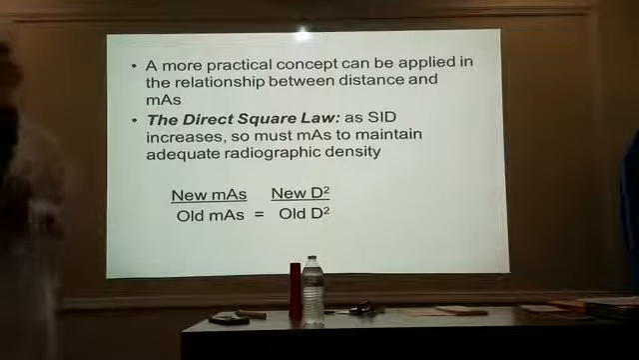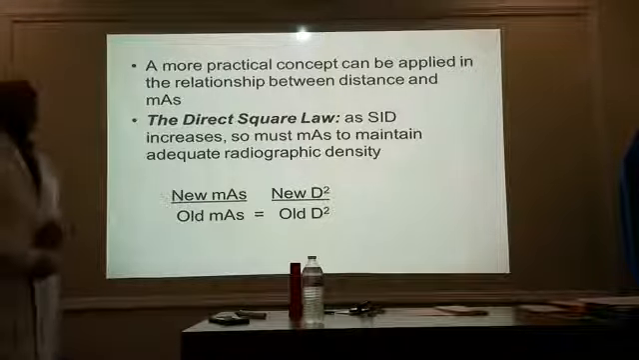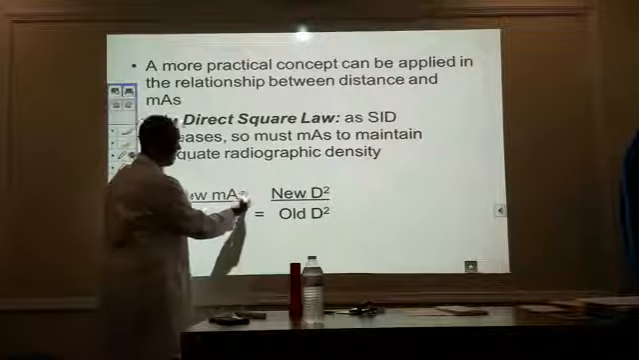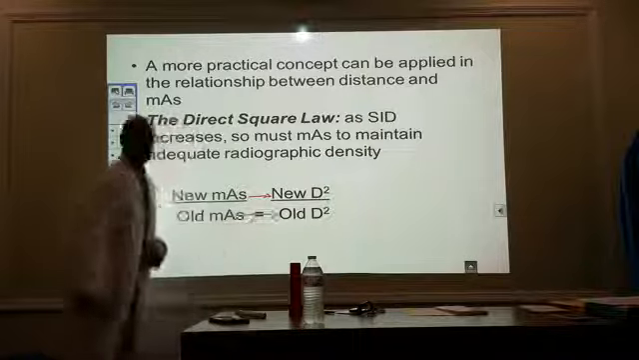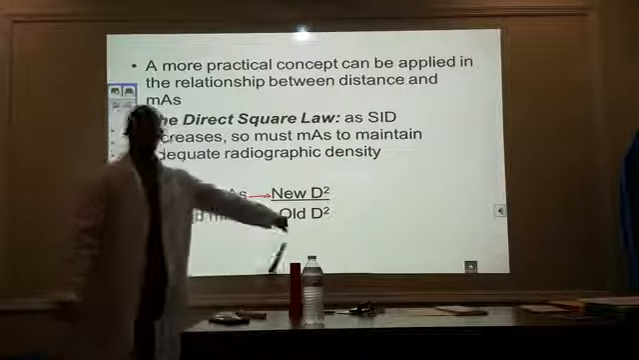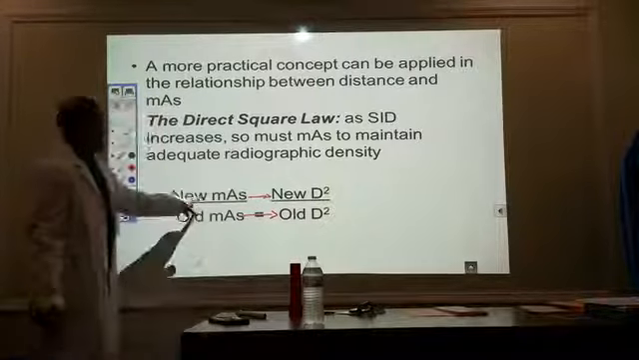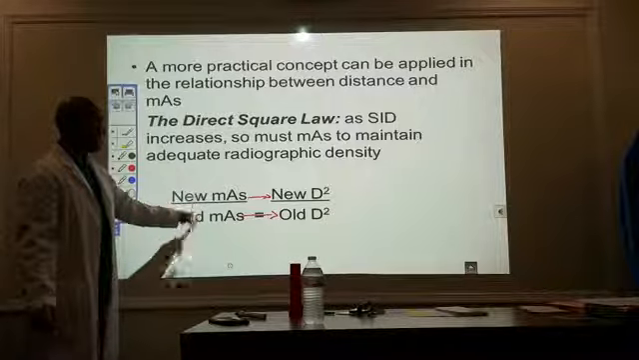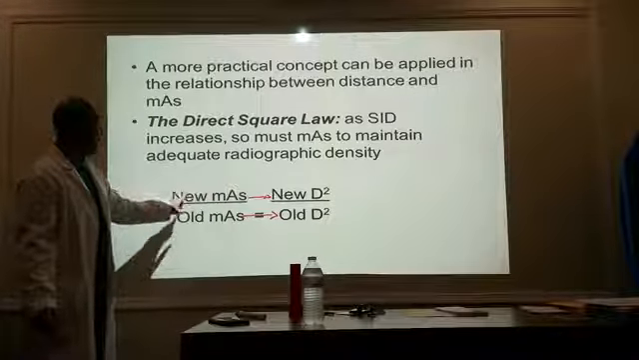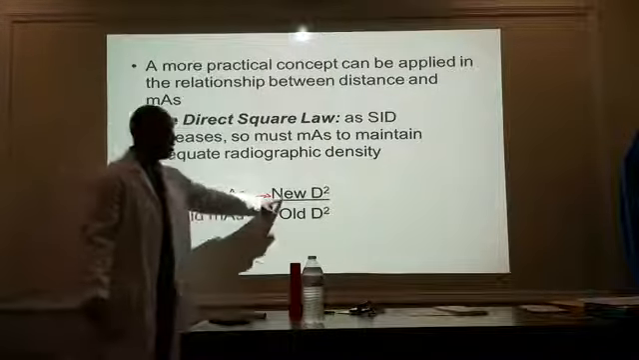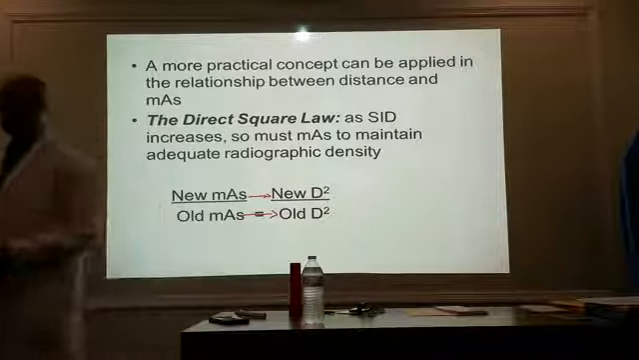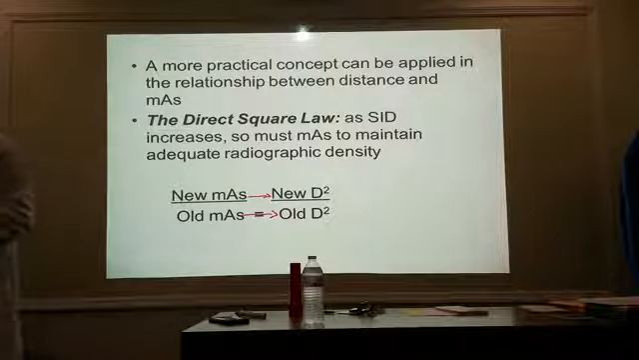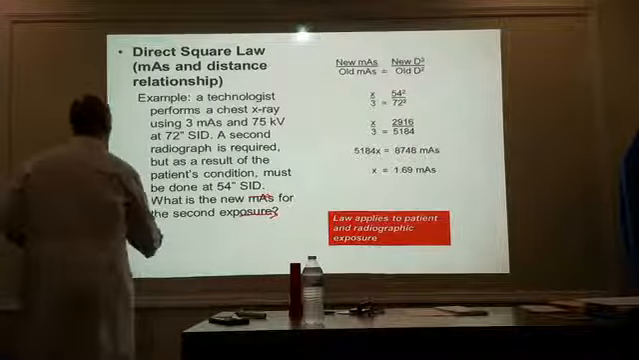Okay? The direct square law. This is the direct square law. New, old. It's direct. New to new, old to old. Okay? So instead of intensity, we're going to put in place mass. So our new mass over old mass is equal to new distance squared over old distance squared. Because what we're trying to manipulate here is our technical factors, right? All right. So the direct square law,